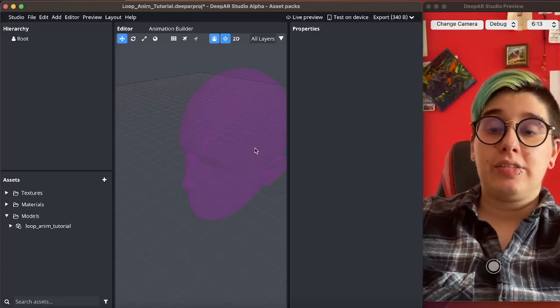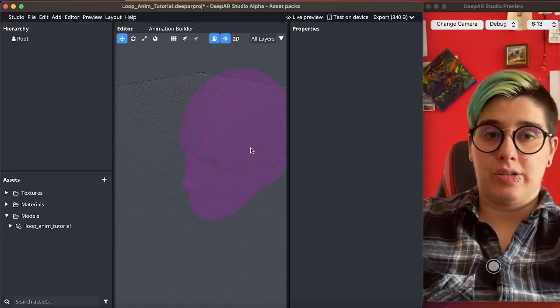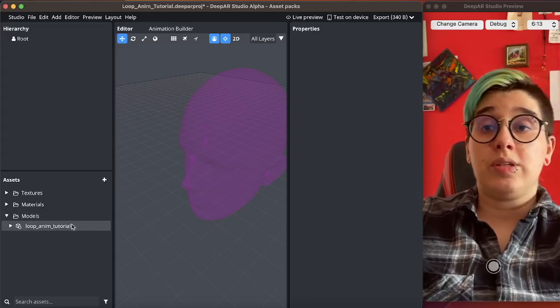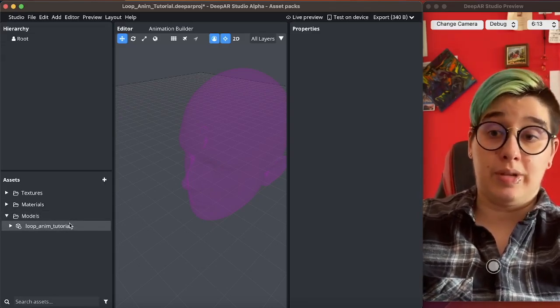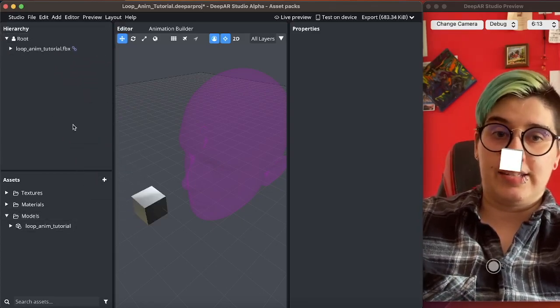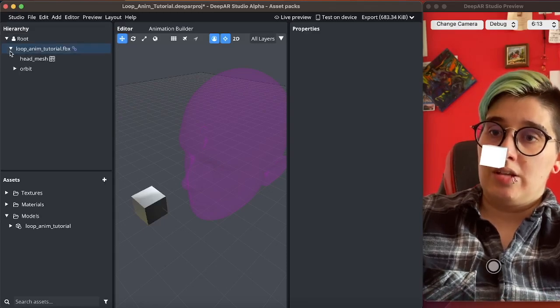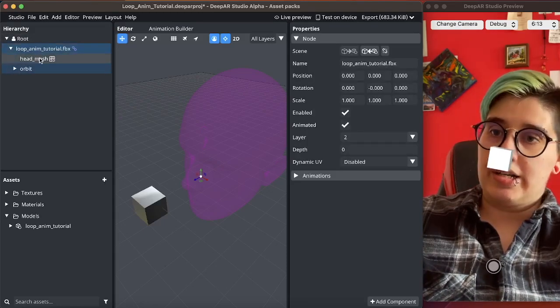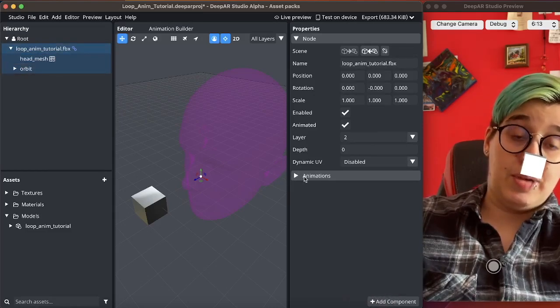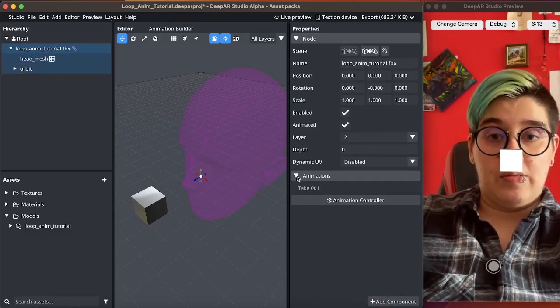Hi, this tutorial will cover how to use the animation controller, at least briefly. So the first thing we're going to do is create the simplest animation we possibly could, and here we already have a prepared model that has an included animation. So if we go through the hierarchy and just select some nodes, we will see that the model itself has an animation, and if we select this,